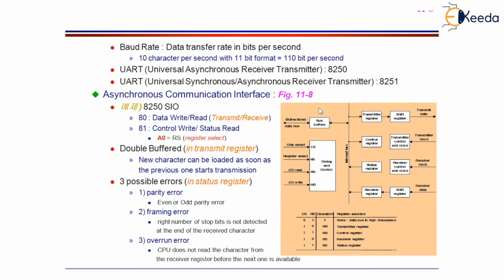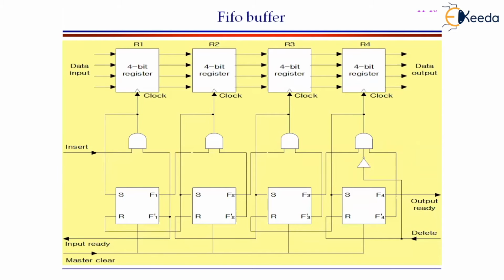Now we will design these bus buffers. In fact, we will call it a FIFO buffer, first in, first out buffer. Let us see how we are going to design it. Have a look at the screen. This is a FIFO buffer. First of all, understand what the elements of this FIFO buffer are. There are 4 registers. The size of this FIFO buffer is 4 registers.